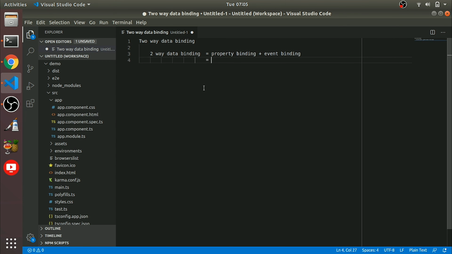Okay, so the syntax will be like this. So this is called a pattern like banana in a box.